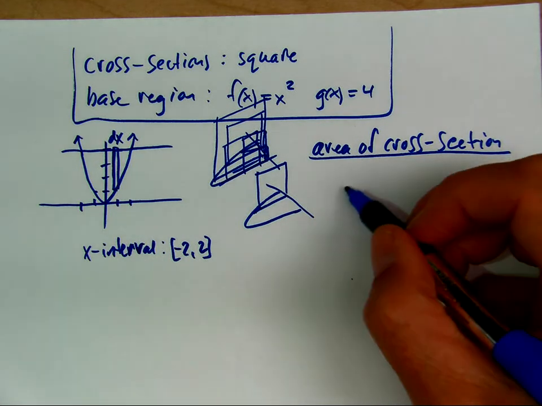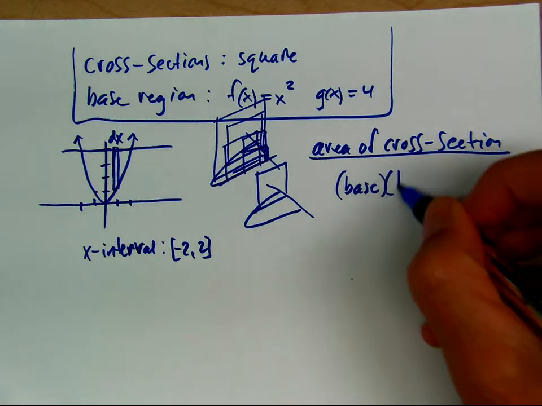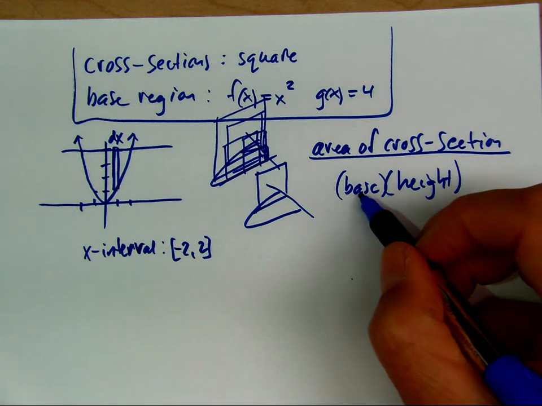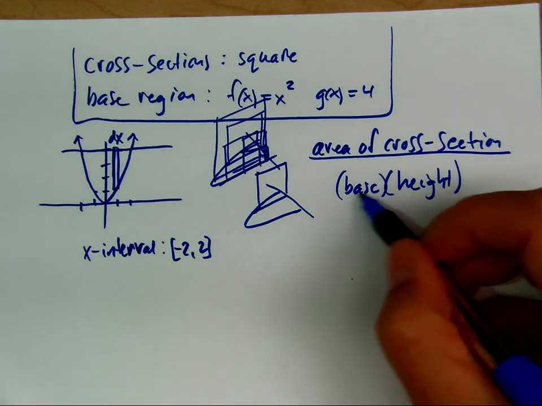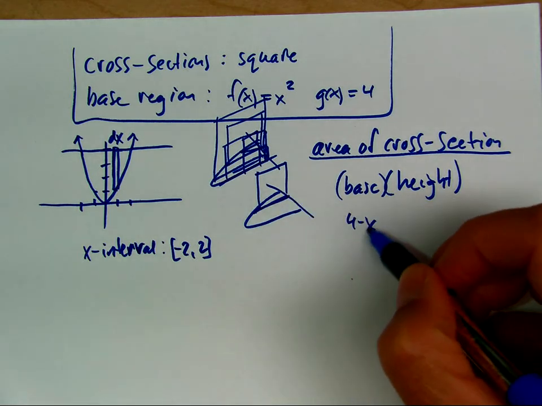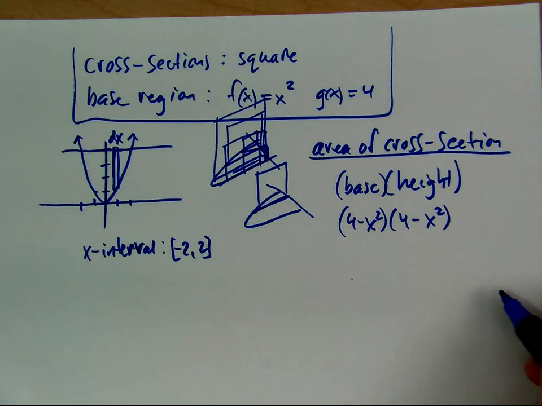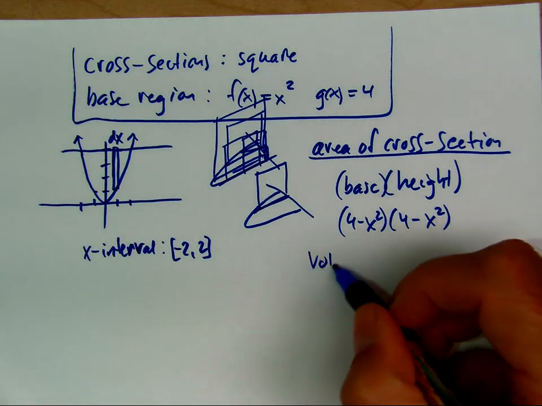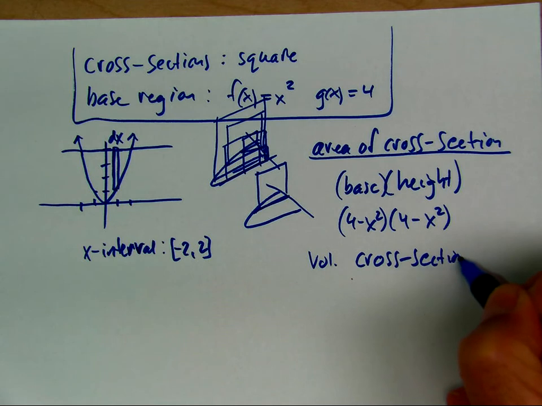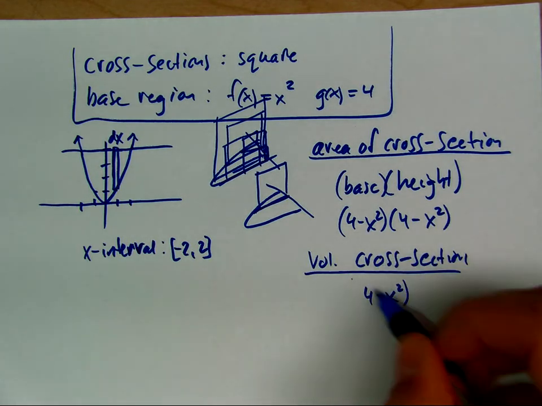So it's going to be base times height. Because it's a square, it's not always base times height for every shape. The length of the base is the length of this line, which is 4 minus x squared. And since it's a square, the height is the same thing. We can do the volume of a cross section, and the volume is just this times dx,